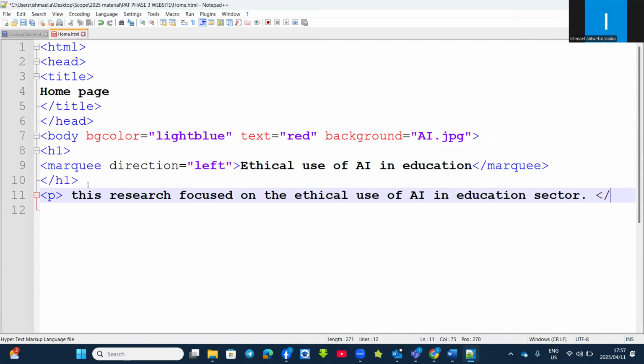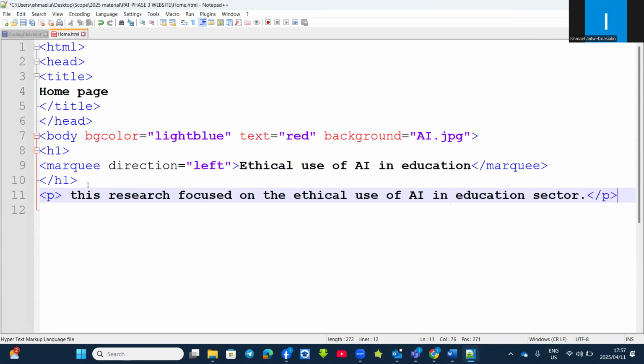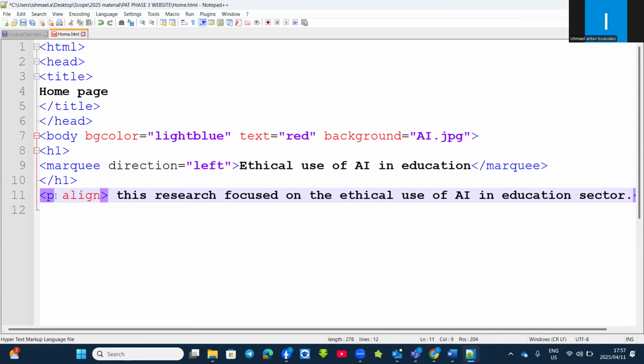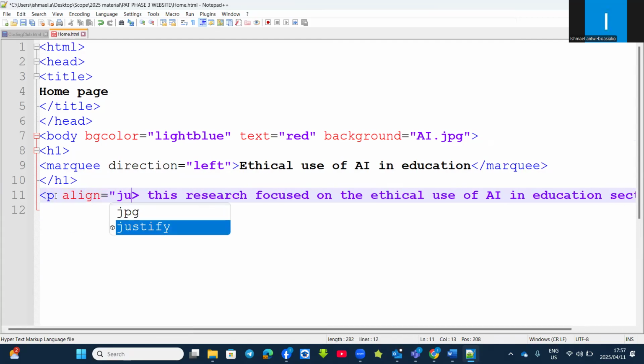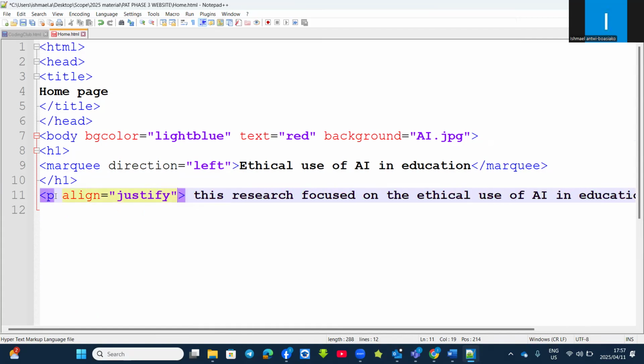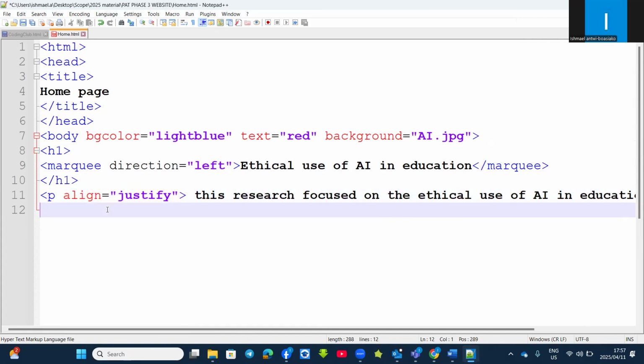You close your paragraph. And then for the paragraph, you can just say align equals to justify. Right. So you have this brief introduction of it, and then you must put your navigation, or even before the introduction